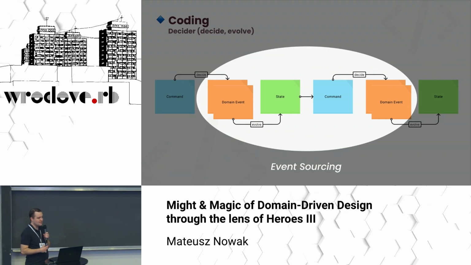Indeed, I must admit that there can be event sourcing here, and it's my preferred way of implementing that, but it's not required. If we compose those decide and evolve functions in the following order, as you see here, we load the events from the event store, we pass them to the evolve function, we have a state, then we take the state and the command to the decide function, and as a result we have events which we store. So we have events at the beginning, events at the end, so this is event sourcing.